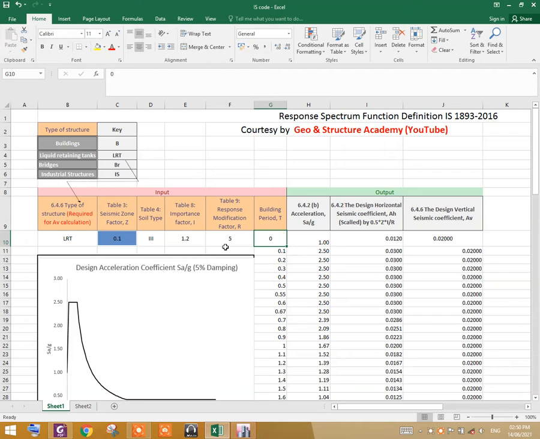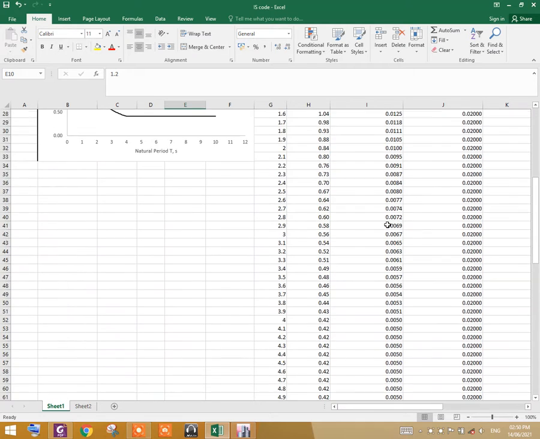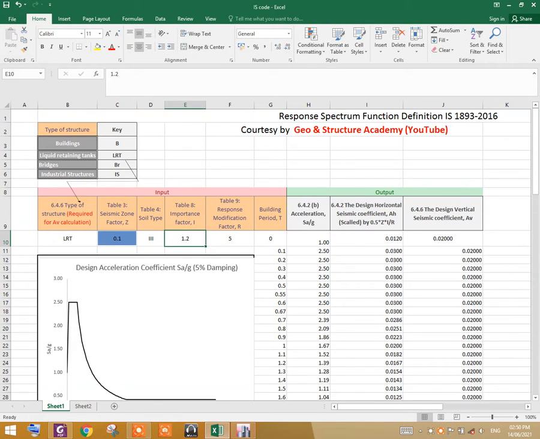If you input these values, type of structure, seismic zone coefficient, soil type, importance factor, response modification factor, you will get the design horizontal seismic coefficient Ah, and the design vertical seismic coefficient, which are needed to perform the response spectrum analysis in the horizontal direction and in the vertical direction.